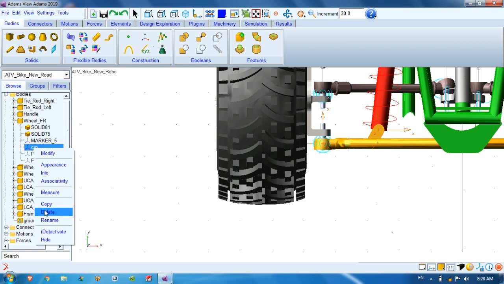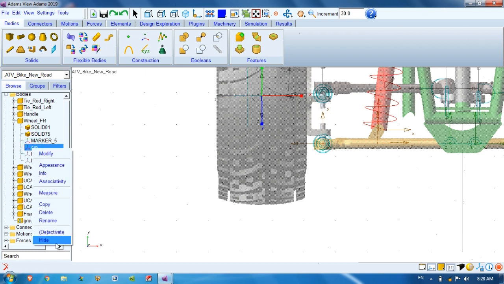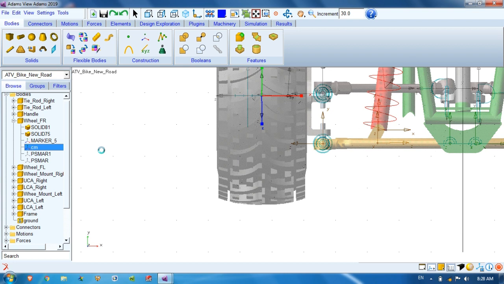Right click here and copy. Okay, cm2 is now created. We'll rename this marker as a rig marker, which will define the test rig location. Then modify this marker.